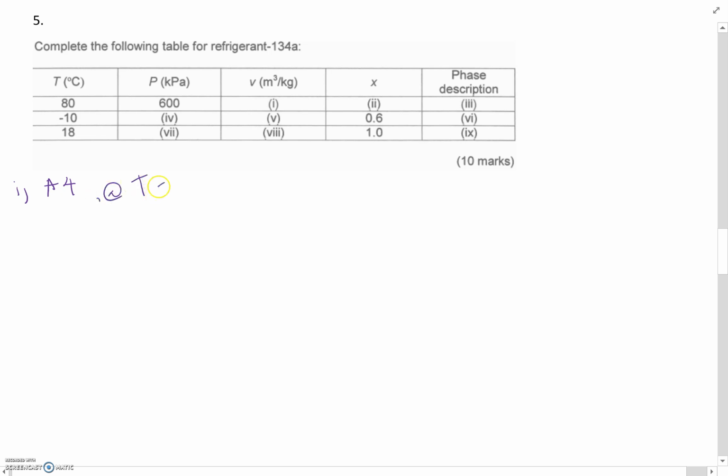At T equals 80 degrees Celsius, what is your P sat? From here you can identify whether P is lower or higher than P sat. P given is 600 kilopascal, so this will conclude your phase. When you get your phase, you can identify which table you are going to use. If it's a mixture,